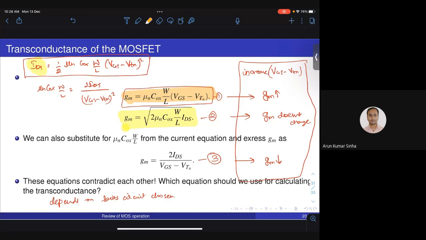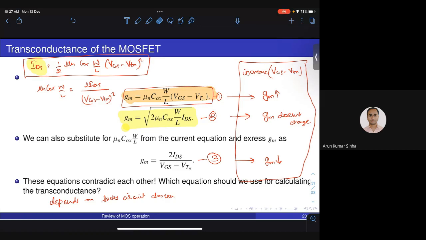Equation 3 is generally not used. You should use equation 3 in a somewhat unusual situation, when the biasing circuit forces the current as well as the gate to source voltage, and by design you choose the geometry so as to get the required GM. This is somewhat unusual, and in most common circuits we cannot fix both IDS and VGS by the biasing circuit, so there is limited use for that kind of configuration.